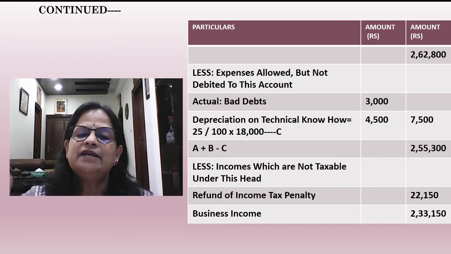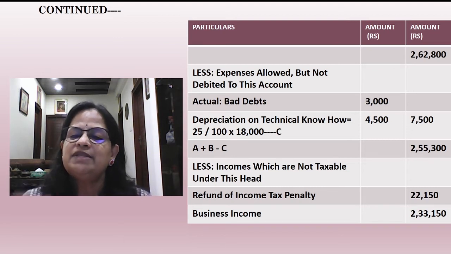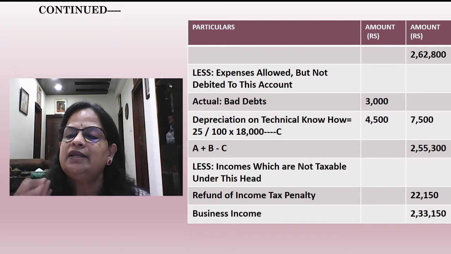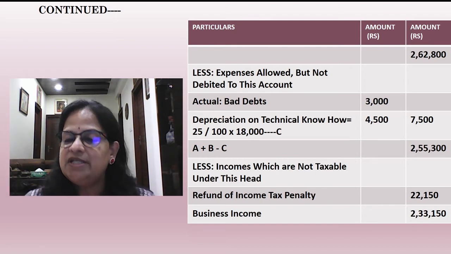Now less incomes which are not taxable under this head. Refund of income tax we cannot allow. 22,150. So business income, taxable business income is 2,33,150. Remember, net profit we started with 2,10,000. So we are getting a higher value,